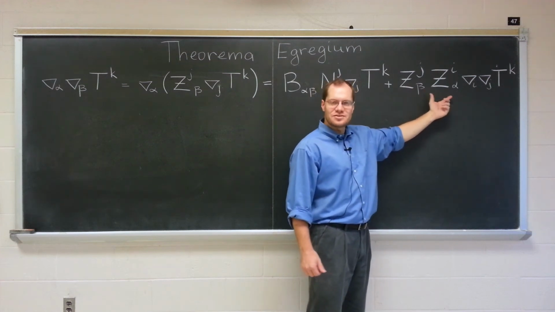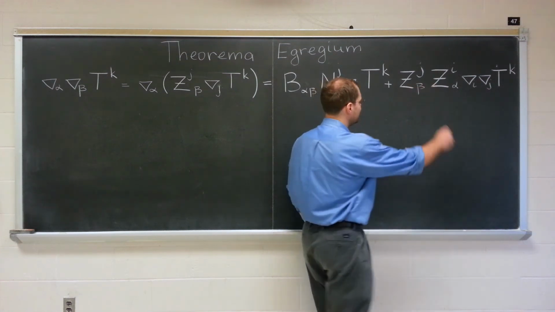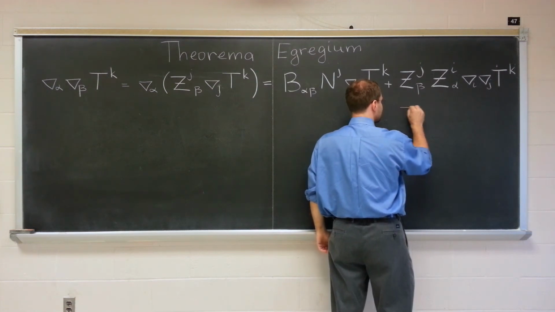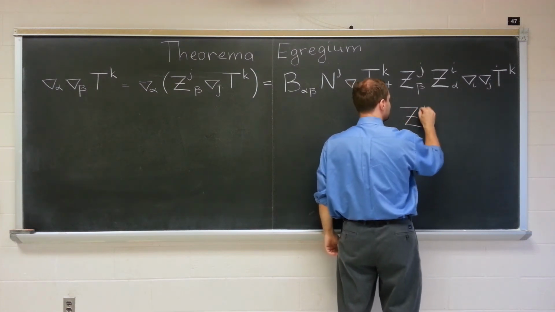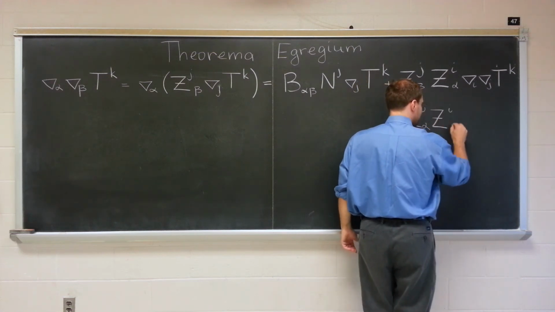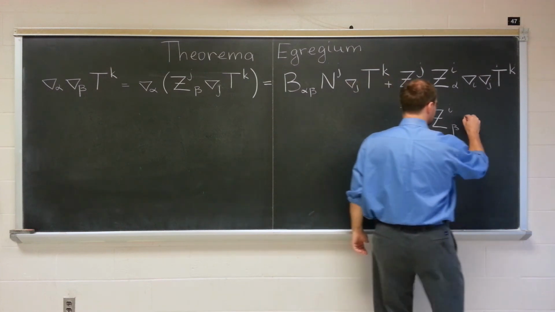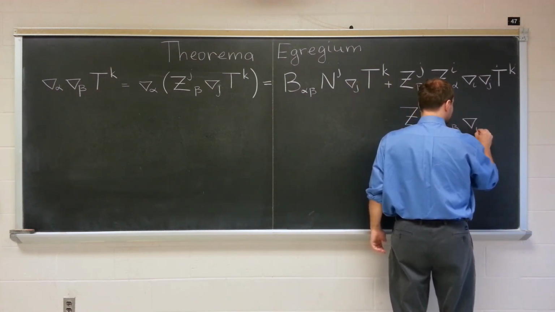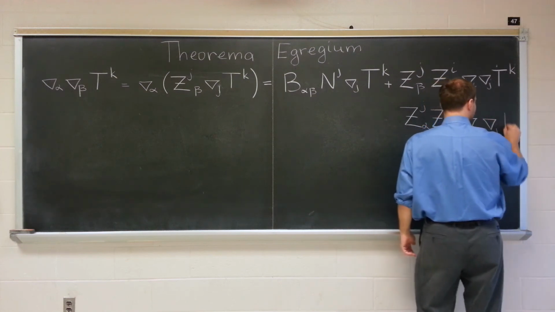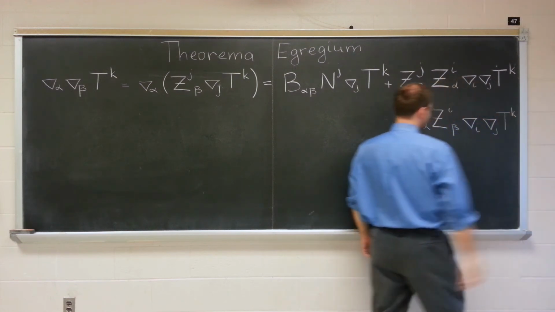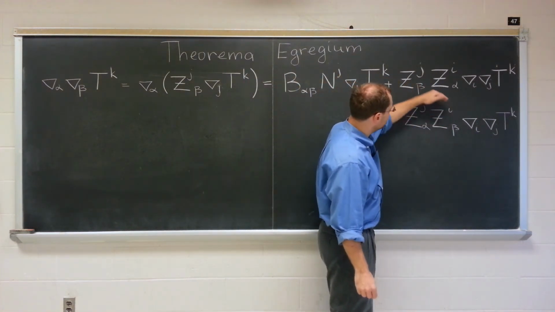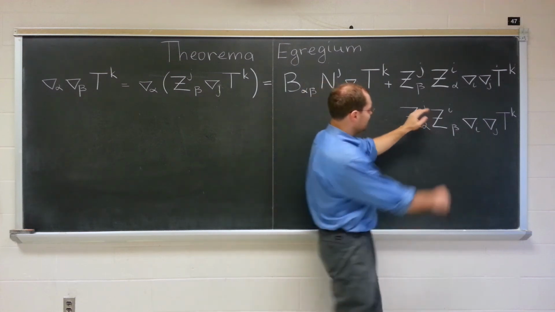Well, actually, let's do a little bit of work on what will happen here. So z alpha and beta will trade places. Excuse me, alpha and beta will trade places. So we'll have j alpha z I beta grad, again, covariant derivative sub I, covariant derivative sub j t k. Fantastic. And now, just so that I can compare these terms as best I can, I will, in this term,